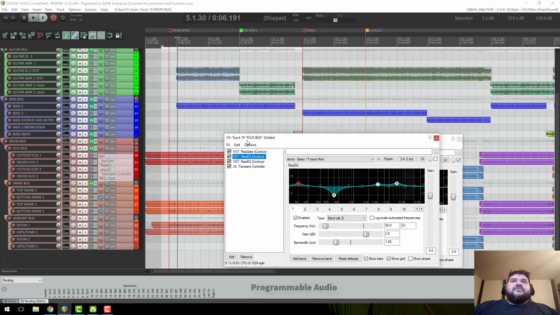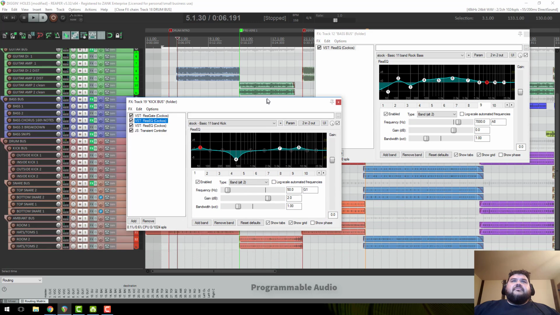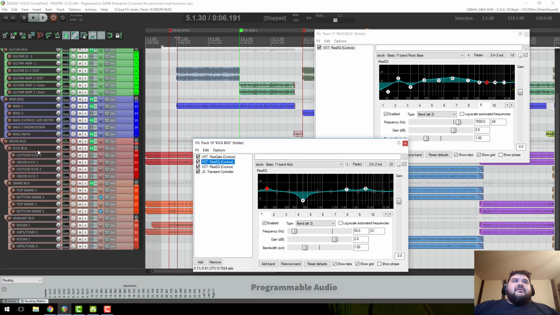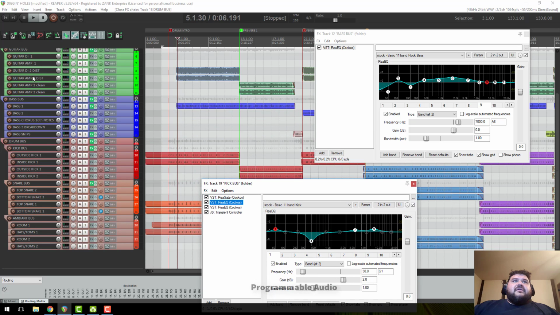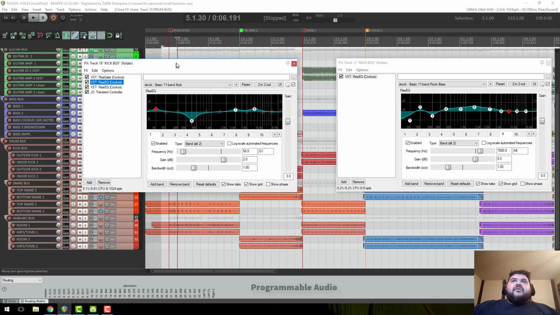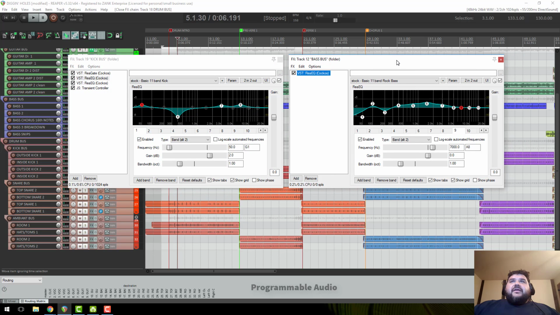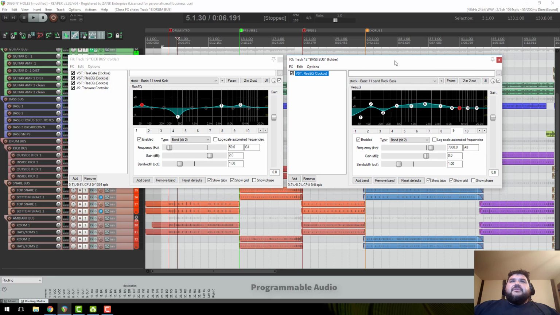All right, so what I'm going to do is open my FX channel for each. I'm going to open it for the kick bus, which is here on the left, and for my bass bus, which is on the right. And if you go back to the previous episode, starting to lose track of the episodes, it may be episode 6. Did we mess with EQ in that? I believe so. So in the previous episode, we threw some EQ on each of these, and we just used the stock